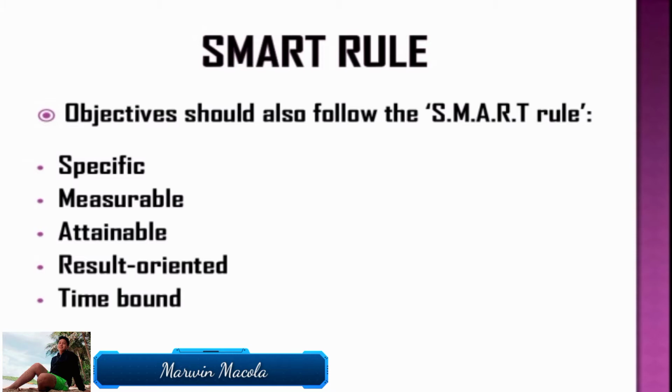So, to be measurable, let the students know that their goal must be measurable. Attainable goals are those that can be achieved with their current skills and abilities. So we should also think about what the abilities and skills of our students are. If the lesson objective is relevant, it is said to be meaningful and important. For time-bound or timely, it is critical that the goal has time constraints. No urgency is created by an open-ended goal.